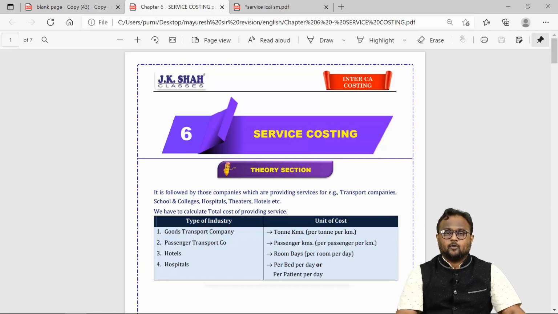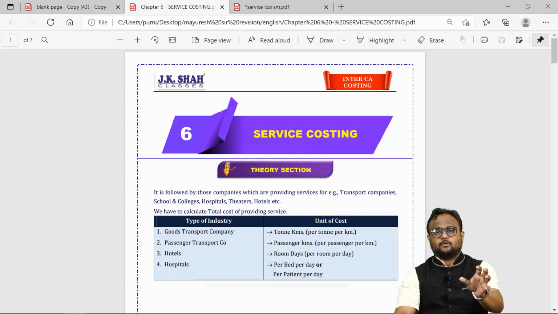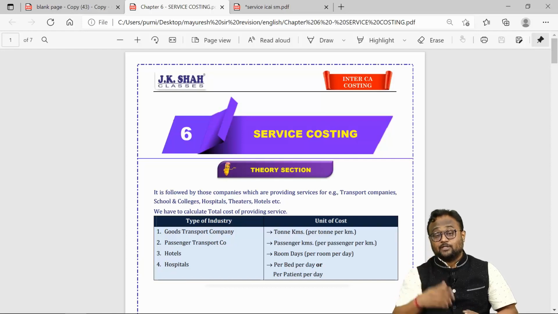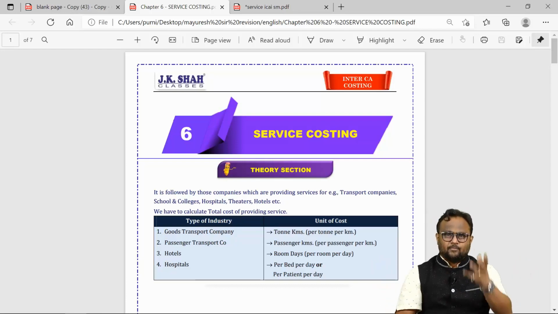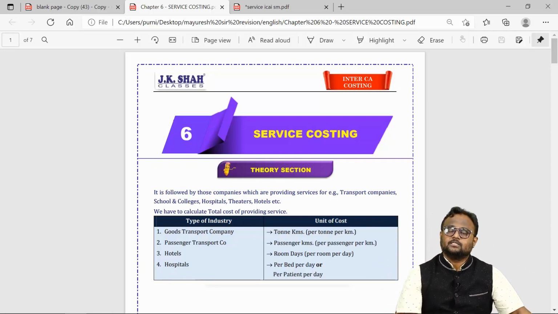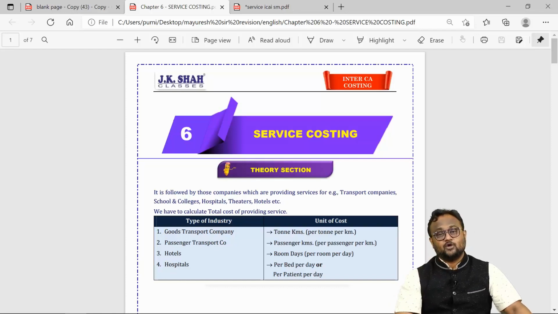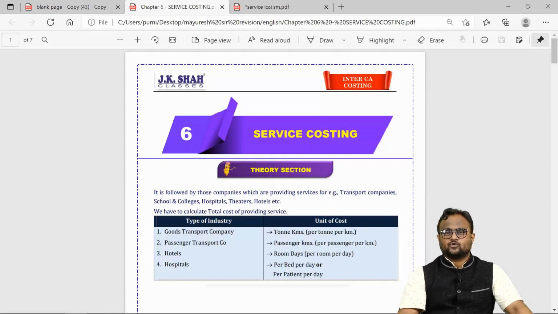If you want per ton per kilometer, then take total ton kilometers, completed. If you want per person per show, take total persons multiplied by total shows. That will be the base, not 100, but that will be considered as a base. If you want per room per day charge, take total room days. So number of rooms into number of days, number of passengers into number of kilometers, number of tons into number of kilometers is the only thing which is required to be studied here. And of course, there is a shortcut. There is a simple fundamental to be followed for that. This is the only point where students generally go wrong. They can easily calculate total cost structure.